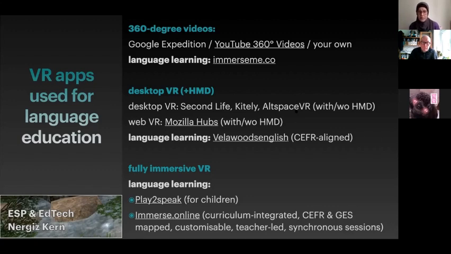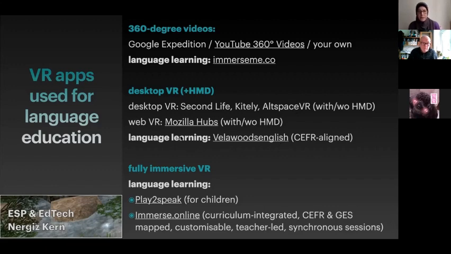An example for web VR is Mozilla Hubs. This is the same company, Mozilla, that also owns Firefox, and this is open source. It is still being developed, but it's one of the easiest to start with, because it's browser-based, all you need to do is choose a room, you can add objects to it, add even a video screen and some other learning objects, and then you just share a link with your students and they can enter it very quickly.